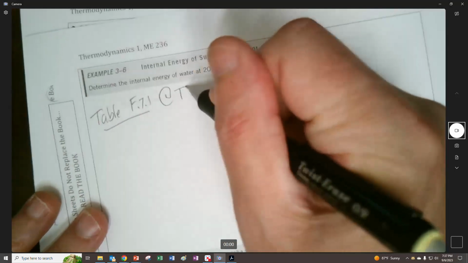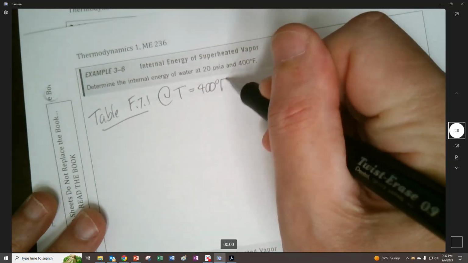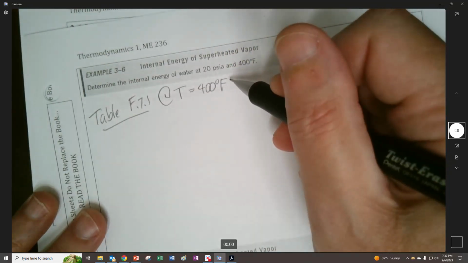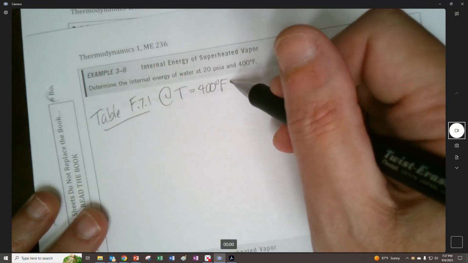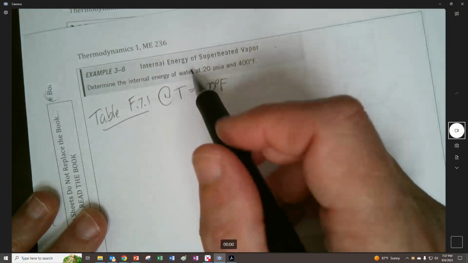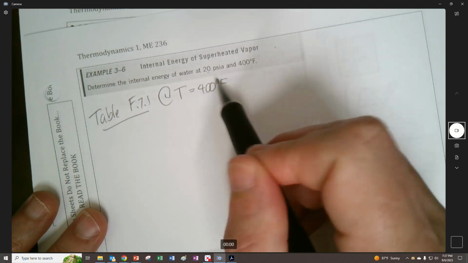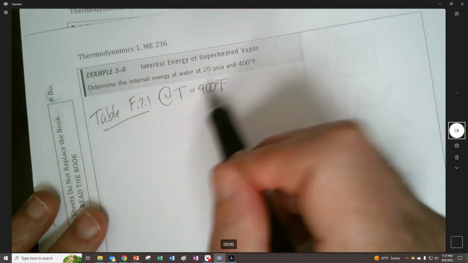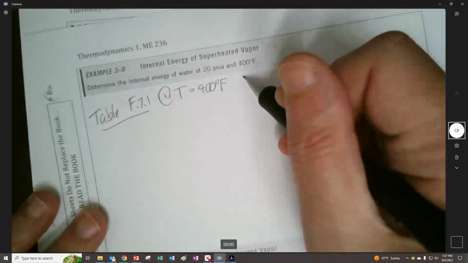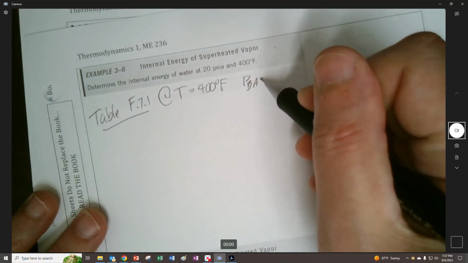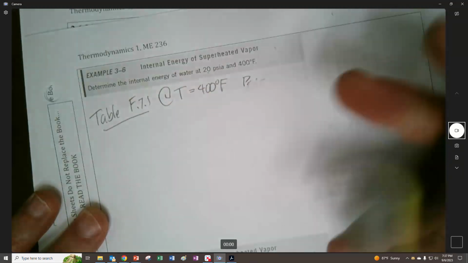So this is what we did. We're going to keep track of that, write it down. We had 400 degrees Fahrenheit. What did we do? Oh, I went the other direction. What I had done before was I went to 20 and saw what the temperature was. Well, you go to the temperature and you can see what the pressure is. And you can see the P sat for 400 degrees. That's where, if you wanted it to be saturated steam,